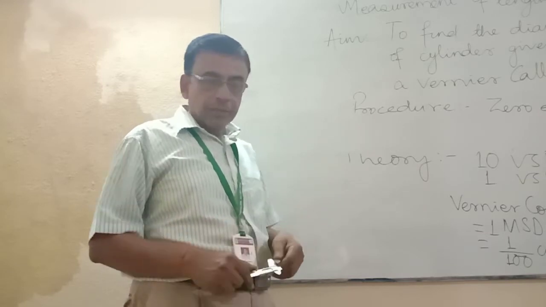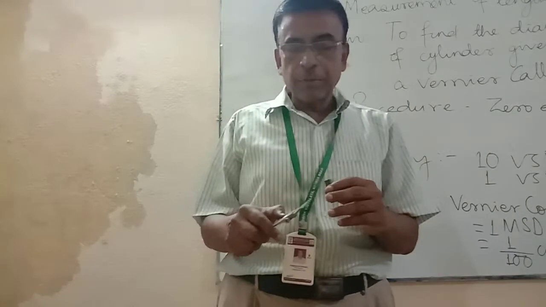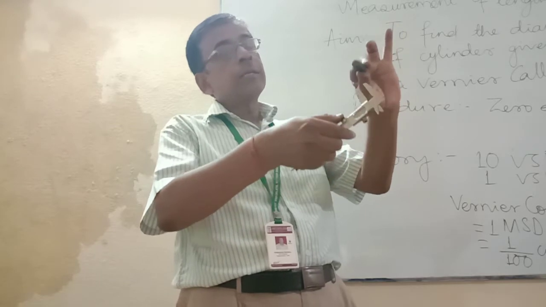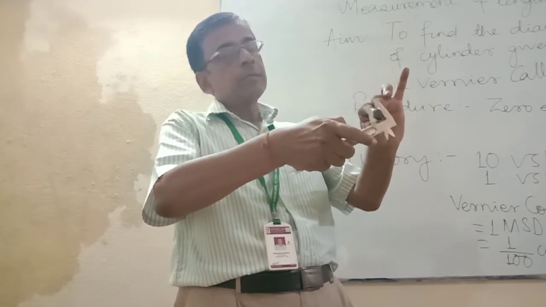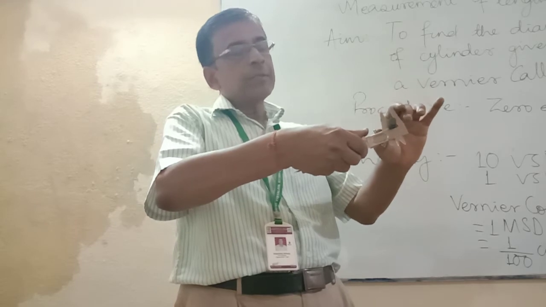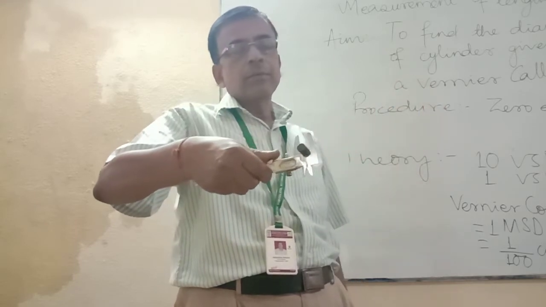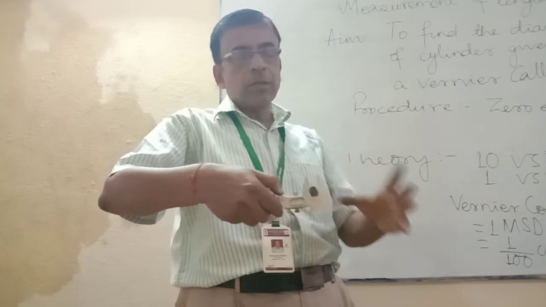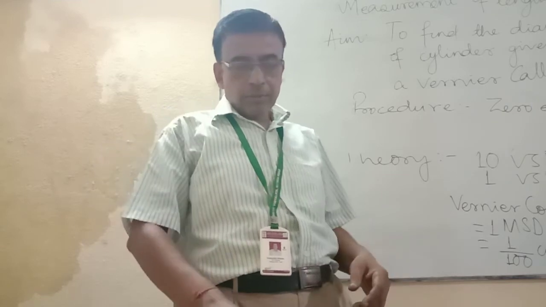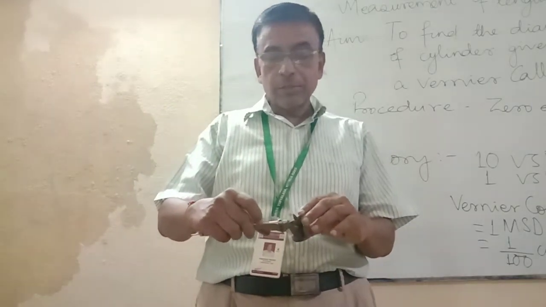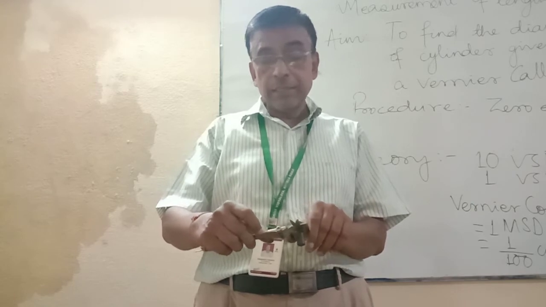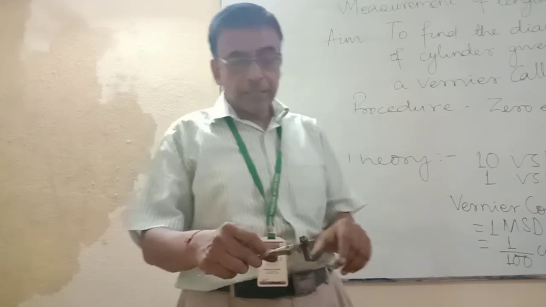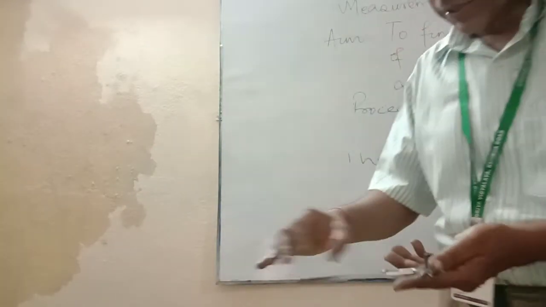So now we will go for calculation of the diameter. What is our purpose of today's experiment? Now put this cylinder in this way, you can see, and keep it tight so that there will be no space. It should not be slack. So now you can see what the reading is. Now the zero of the vernier scale is important.